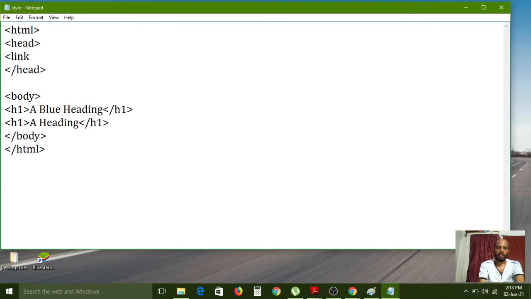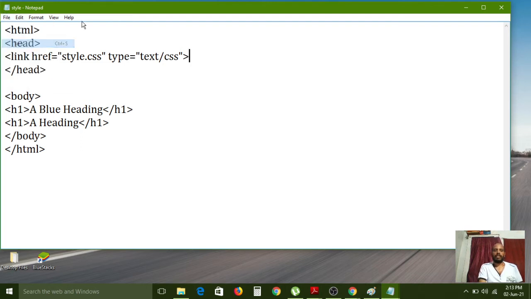Link href style.css, type text/css. So now I have linked it. These two tags are applicable for this style only. All of you carefully observe. Now I am saving this file and minimizing this one.